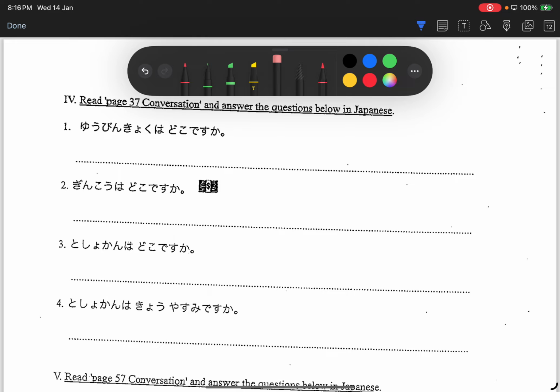Number 3. 図書館はどこですか？ 図書館は郵便局の前です。 Okay, very good, from the third last line, right? そして図書館は郵便局の前です。 We don't need to say the そして. Just quote 図書館は郵便局の前です。 I hope you copy but you understand what the passage is saying. Okay, if you don't know, just pass. Last one, yes, 3. 図書館は今日休みですか？